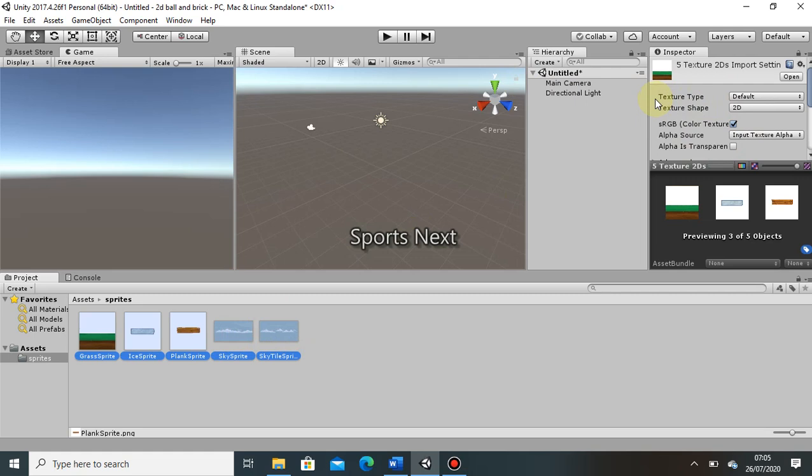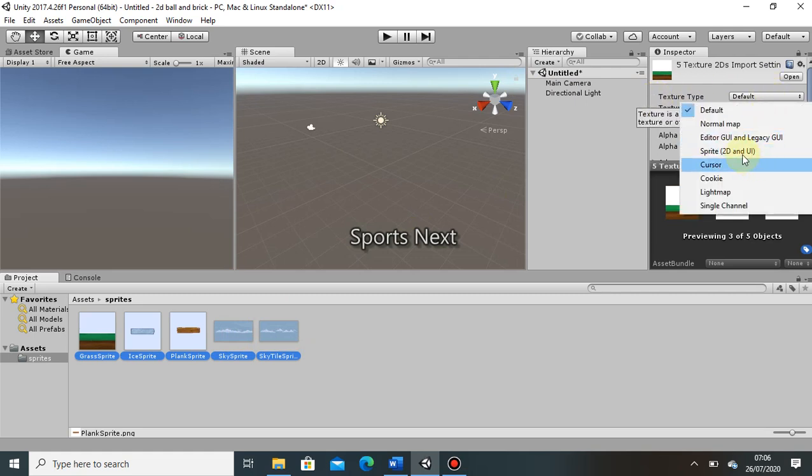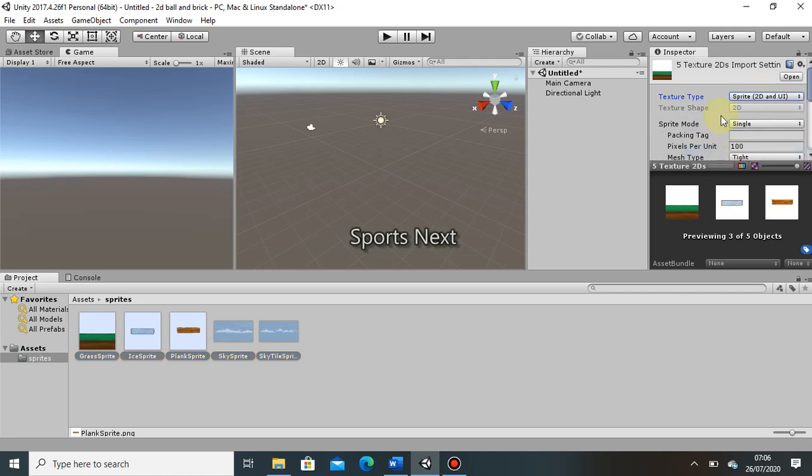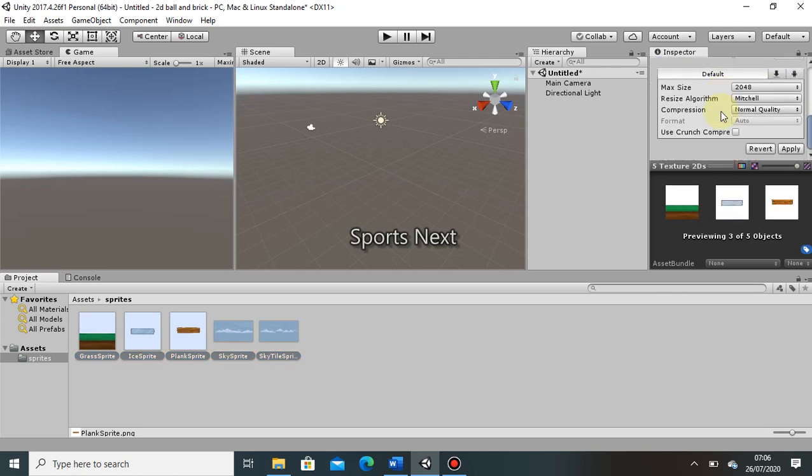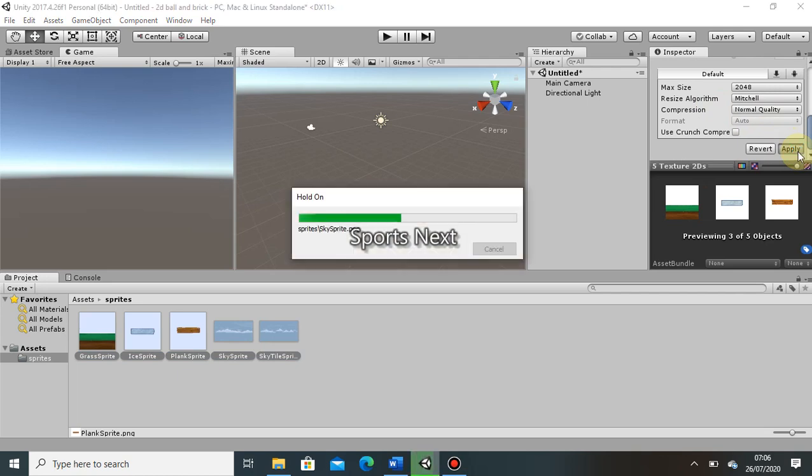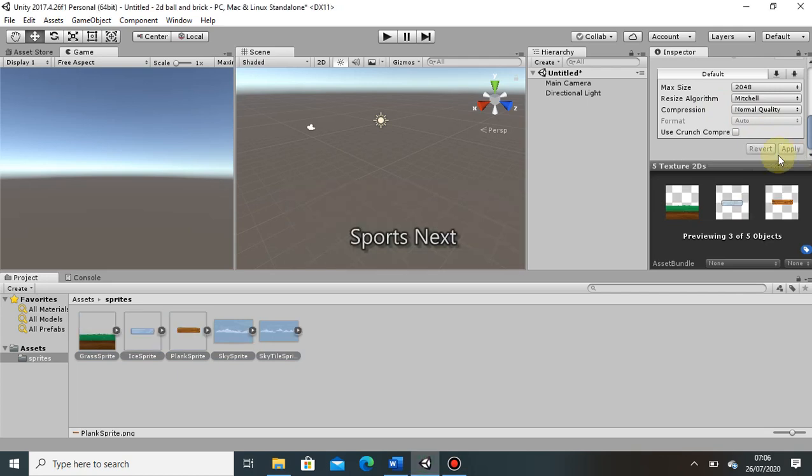I described just before that textures are used in 3D games, but we are developing a 2D game right now. So click on this Default, then click on Sprite (2D and UI), and then Apply. It's very simple. You can see after applying, there is a new symbol